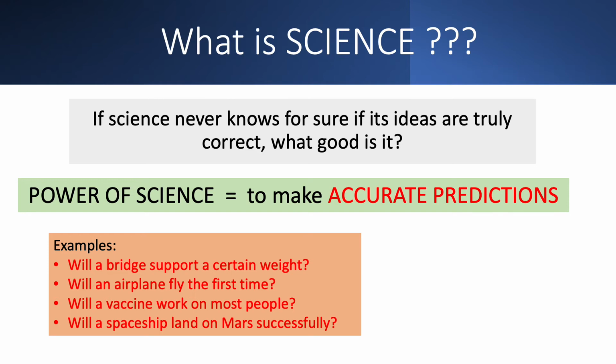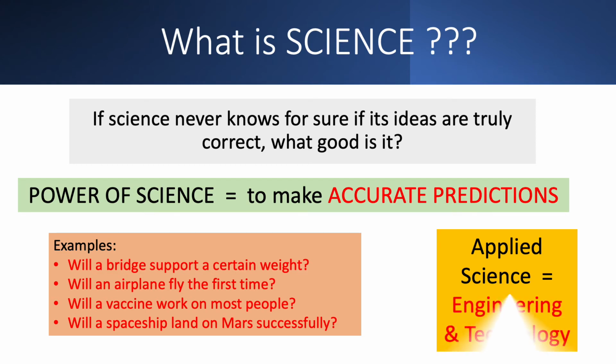Doesn't that just blow your mind that we can launch a piece of metal on Earth and have it leave Earth, fly through space, hundreds of millions of miles, intercept an itty-bitty little rock out there in the middle of nowhere and successfully land on that? It's because the rules of science are predictable, and if we understand them well, we can get it right, basically, most of the time. So, the idea of taking these rules that we have and applying them, using them, basically, is engineering and technology.